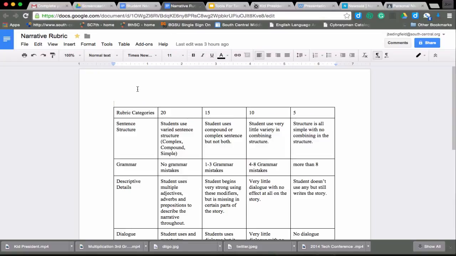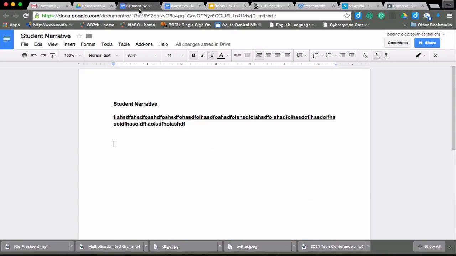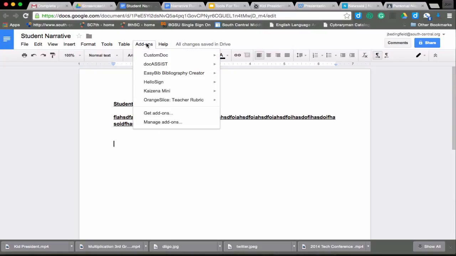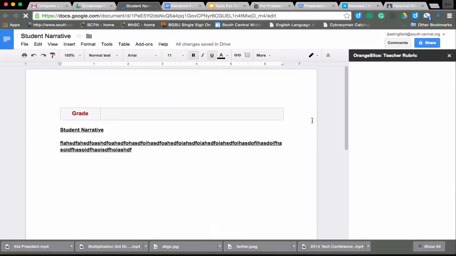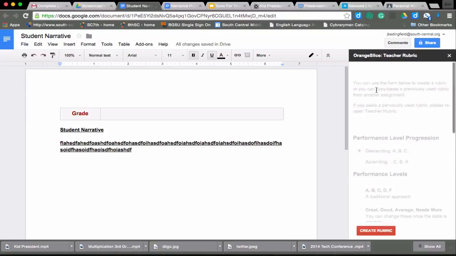But I'm going to go ahead and find my rubric that's already in my drive that I created, because I like creating my own. I'm going to select all and copy it. Make sure your first column is called Rubric Categories, and then I am going to go to Add-ons, Orange Slice, Score Rubric,